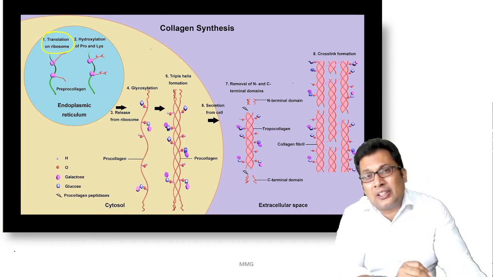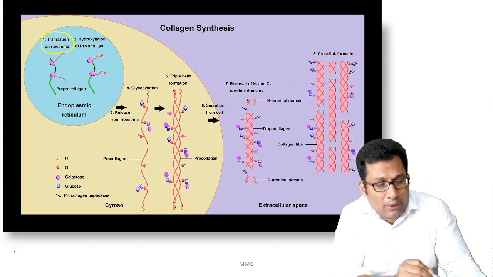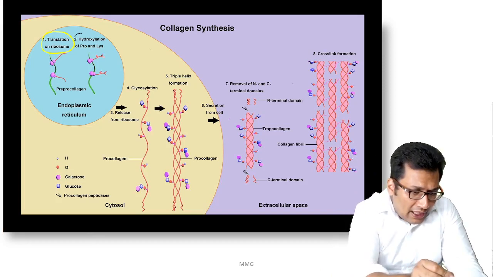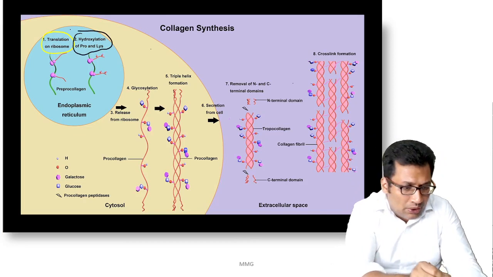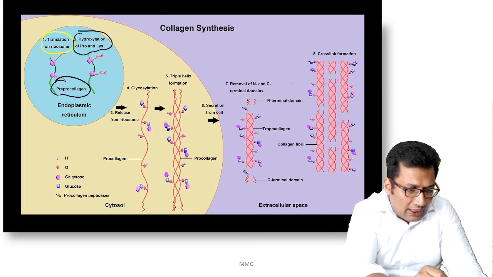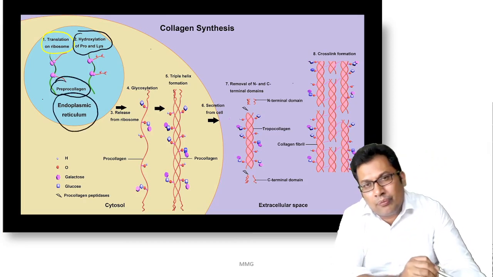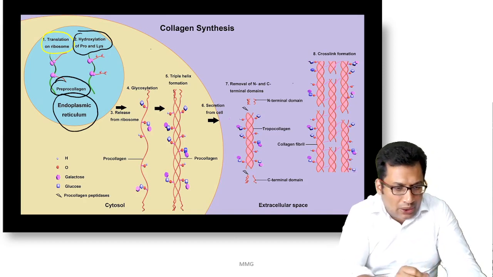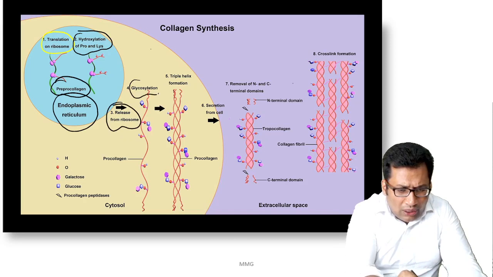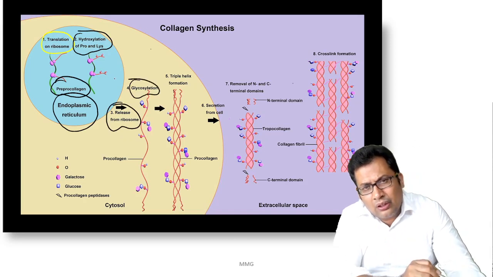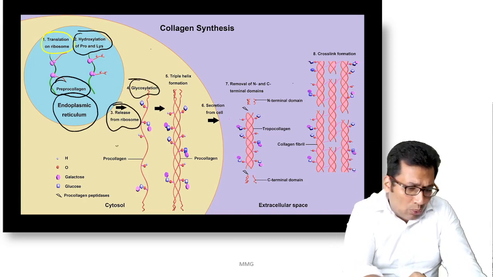As you know, translation means protein synthesis from amino acids, and there is a hydroxylation of proline and lysine, which forms pre-pro-collagen in the endoplasmic reticulum. From the endoplasmic reticulum it is released from the ribosome and undergoes glycosylation. So that is known as procollagen